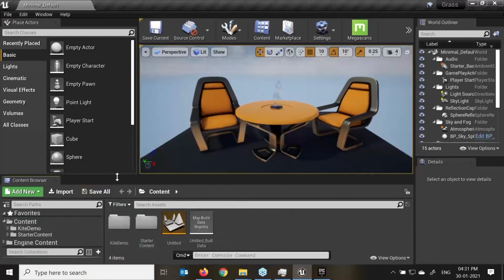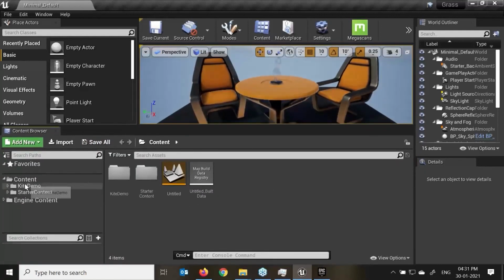In the content editor, we can see different folder structures where our project has been created, where our objects are imported, where we can see material folders or dynamics or anything which we created. Again, like in Maya, we have different folder structures. In the content editor, we can import, we can save, and we can change the thumbnail as well.